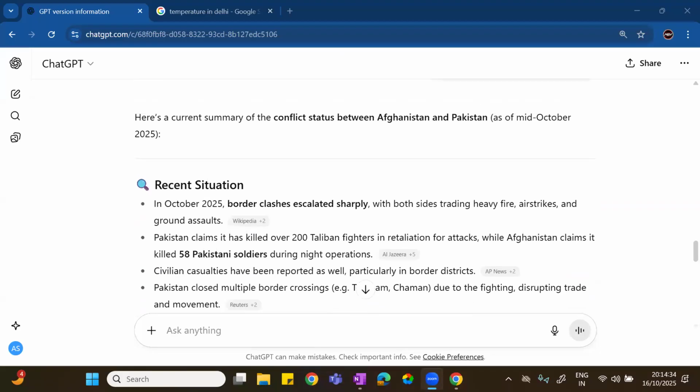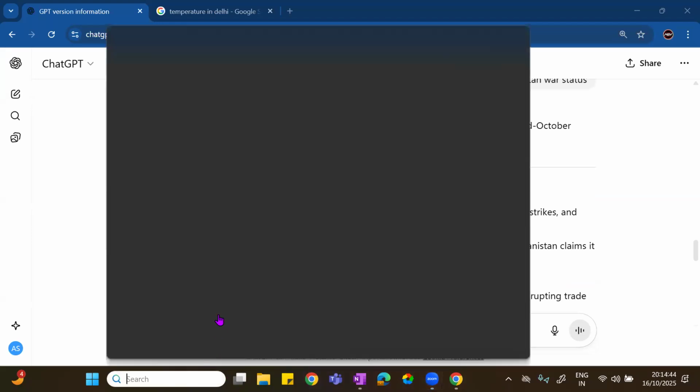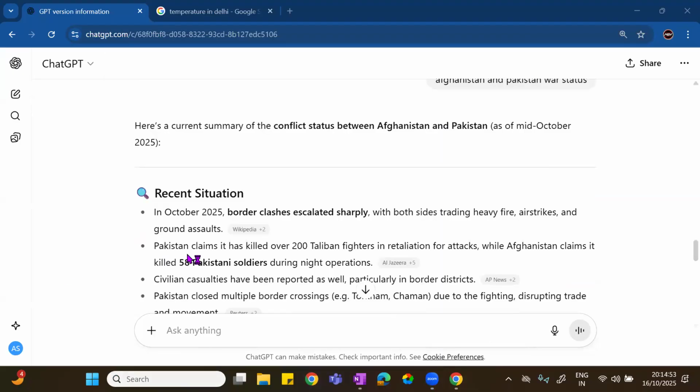Okay, now let me show you how we can pull off an open source agent and work it out. So here I'm going with Visual Studio.